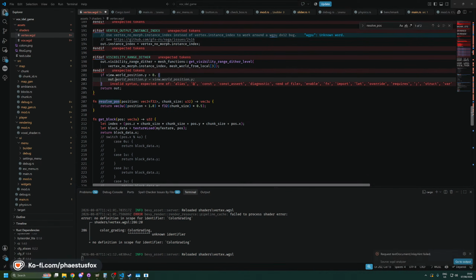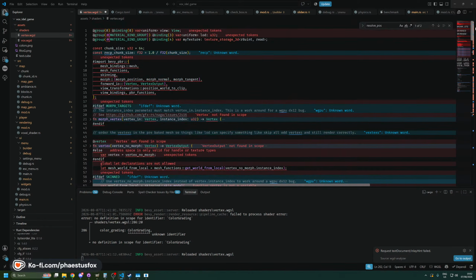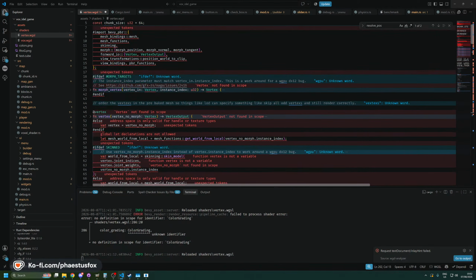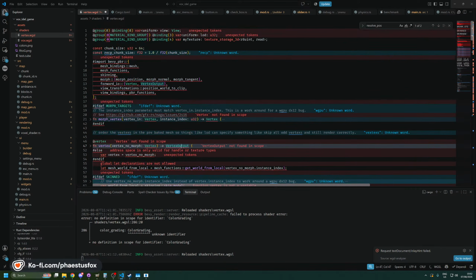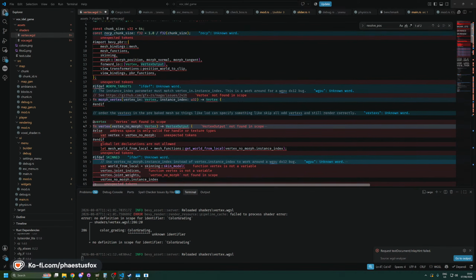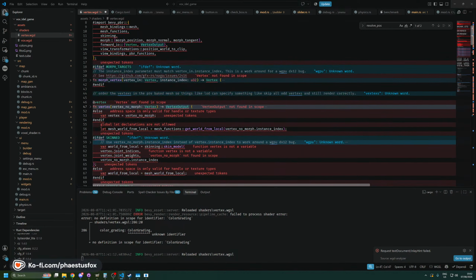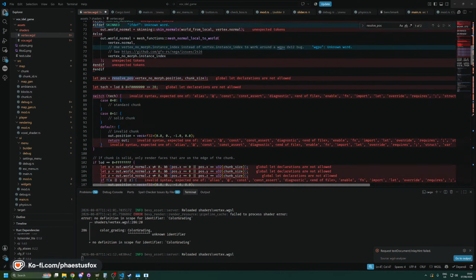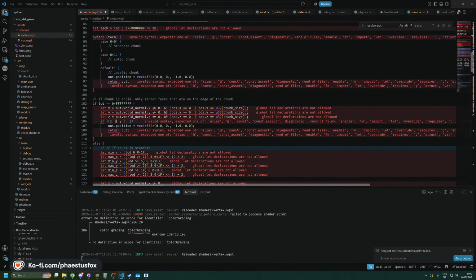Then out dot world underscore out dot, what are we even outputting? Vertex output. And where is our vertex output? We're importing vertex output. God damn it. How do we set its position? What do I actually do to the